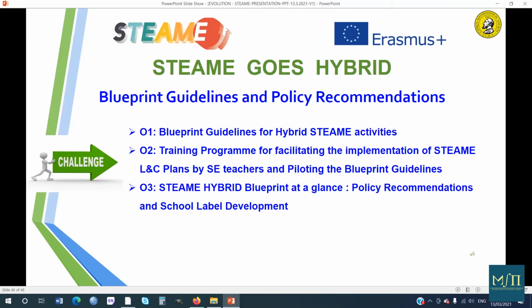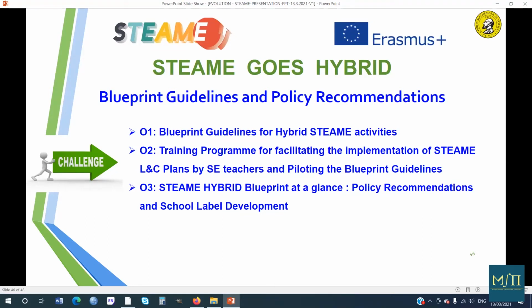But we're going to create a platform where this can be done online in a hybrid environment. So we need a blueprint, guidelines for this. So it's a prototype. It's something new, in other words. Then we need a training program for the teachers. So we need to take these STEAM learning and creativity plans and train the teachers how to organize it in